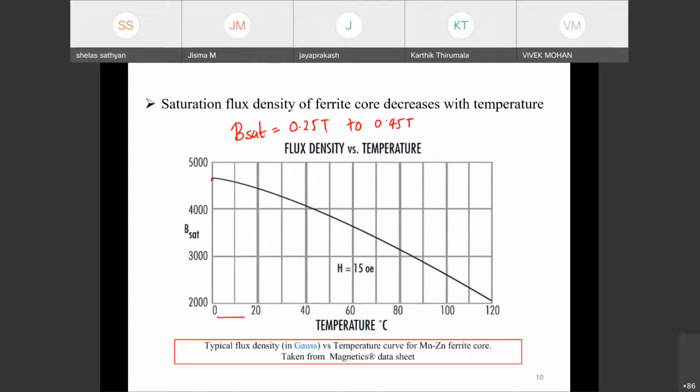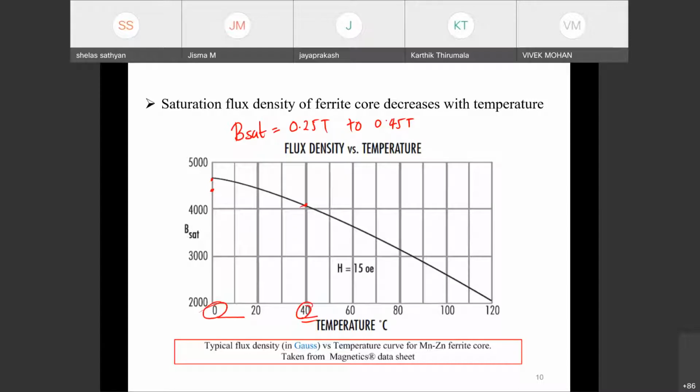So let us assume that we are making some power electronics converter, a buck converter or boost converter or an inverter in Tiruchirappalli, where the ambient temperature in summer may cross more than 40 degrees. If you choose the highest possible saturation value, around 0.45 Tesla, for your design, that is actually at around 0 degrees Celsius. But if you choose something around 0.42 at 40 degrees Celsius, and you make the design, once